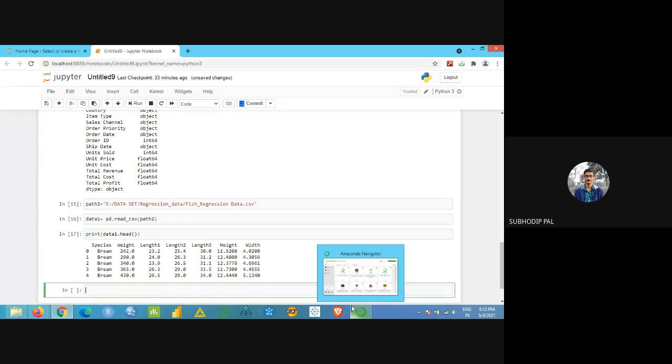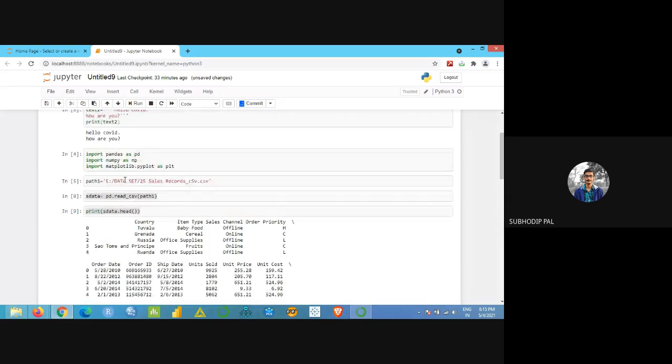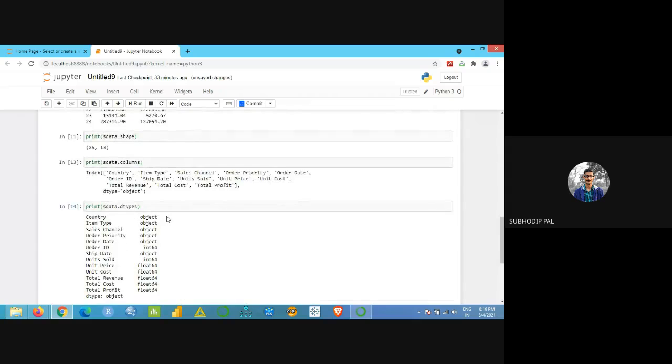Now there are different things. Suppose we have imported one thing, that is matplotlib dot pyplot. Suppose we want to plot something. How do we plot that?